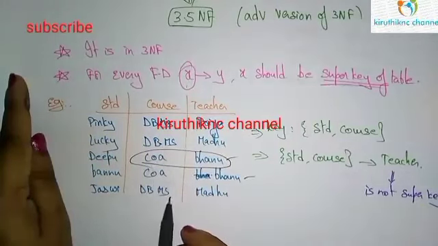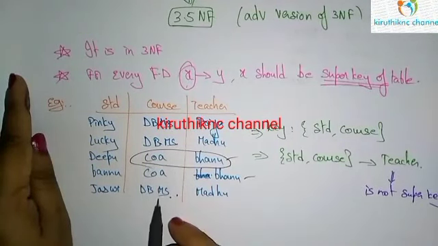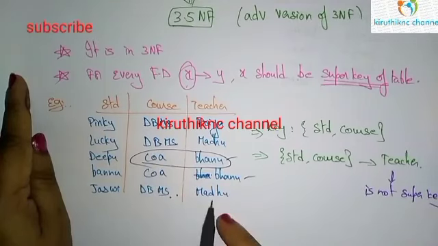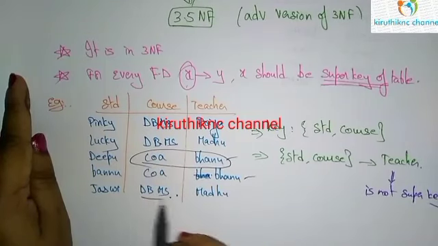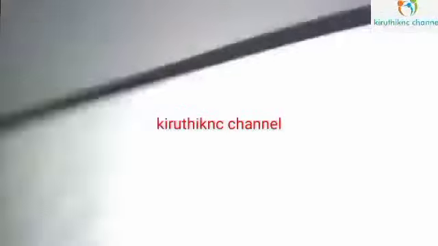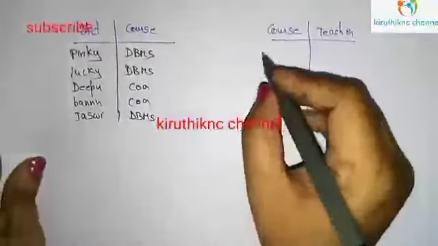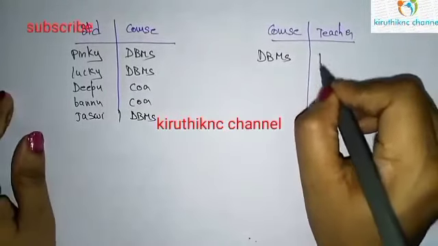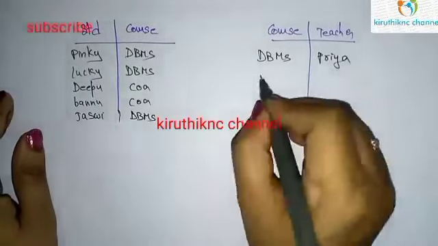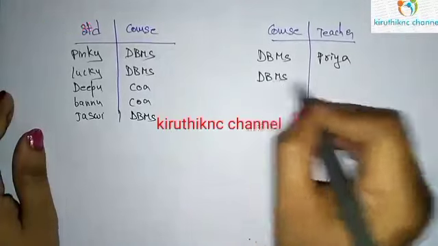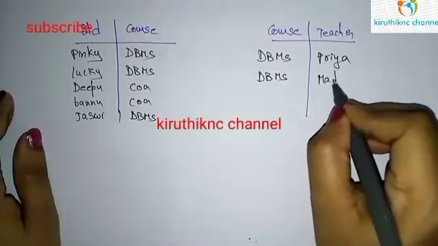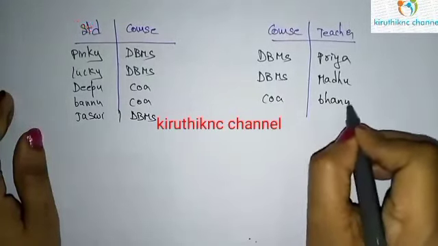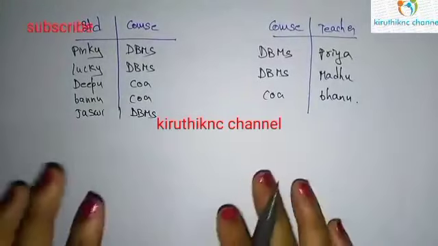DBMS is taught for two students by Madhu, so take only one and eliminate the other. So DBMS is taught by Priya and by Madhu, and COA is taught by Bhanu. So now this table is in